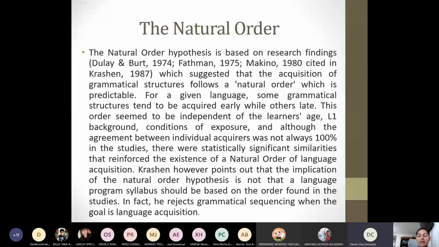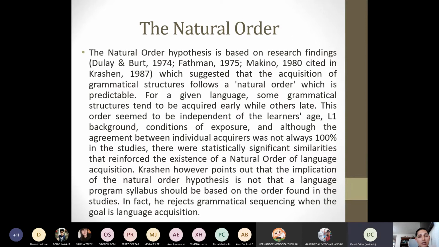then we can find a couple of sociology and anthropology related affairs, exposure and input conditions, environment, context, and more elements for the natural order hypothesis. Krashen points out that the implication of the natural order hypothesis is not that a language program syllabus should be based on the order found in the studies, in the background and all the factors around. In fact, he